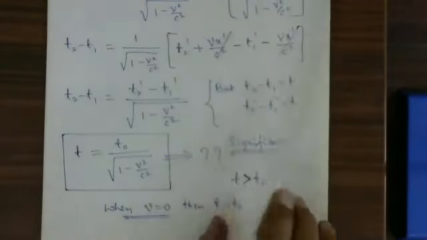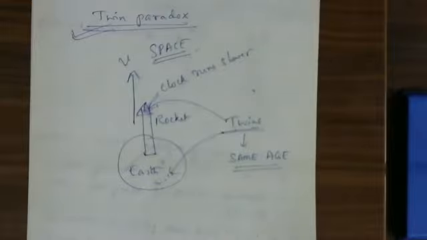That idea we have to explain by using the twin paradox. You are supposed to say what this twin paradox says: a clock runs slower in a rocket moving away from the earth with a high speed, compared to another clock which is stationary on the earth's surface. That is the meaning.